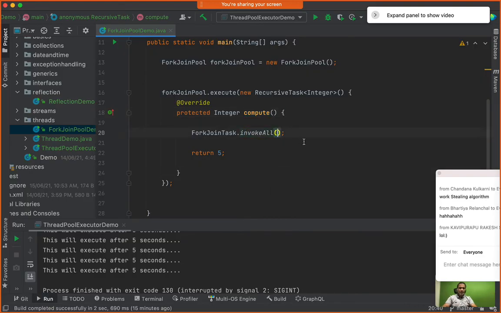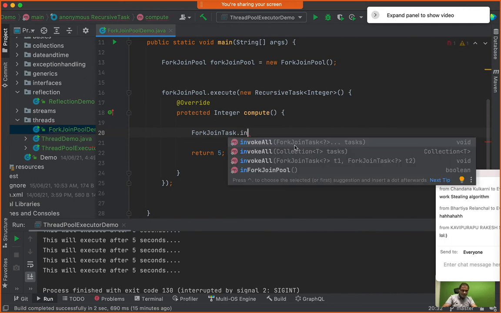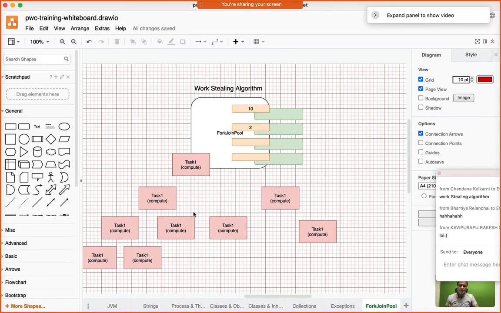In the invoke all method, you can very well pass as a parameter another fork join task. Got it? And it gets submitted to the same pool. And this is how the tasks will get